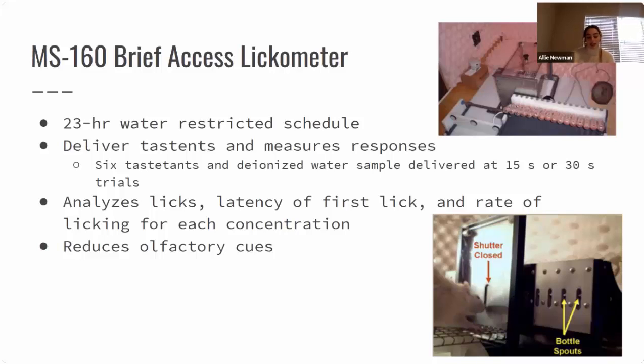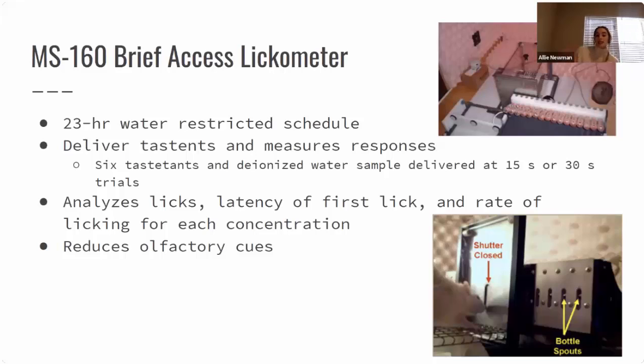Next, we did the conditioned taste aversion test. During this test, it included 2 CTA pairing days as well as a single CS-US pairing day. Our rats were given access to the solution. After this, they were given injections, and then the following day, the rodents were tested for the appearance of the aversion. We also did a generalization test, and this is when the rats were tested for the opposite CS, to see if the rats could distinguish between the glucose and the fructose.